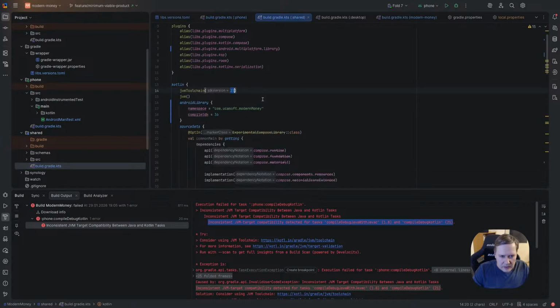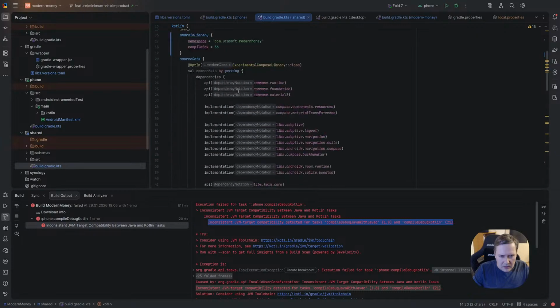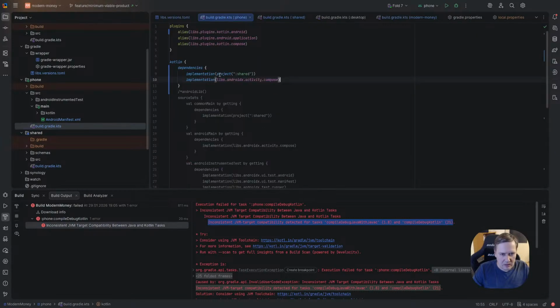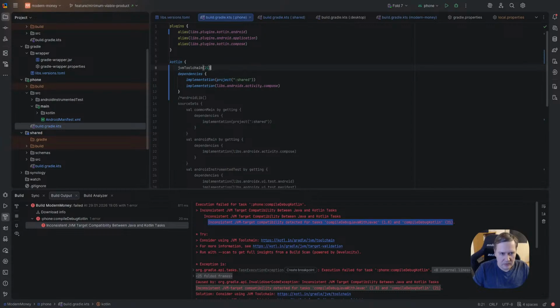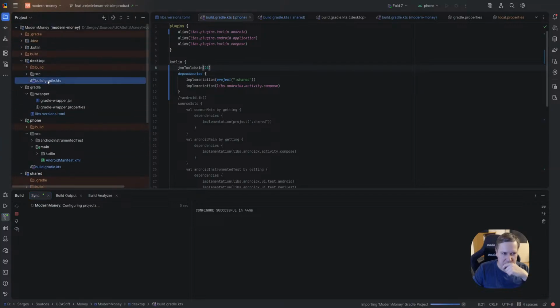Okay, I have 21 here, JVM toolchain. Should I use the same now here in phone? Do I have the same in desktop?